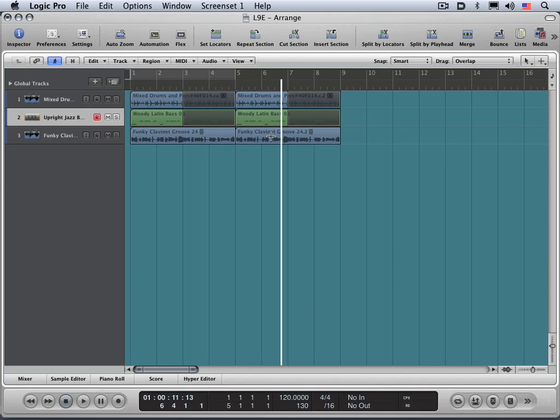Now the marquee tool can be used not only for setting a playback position, but for actually setting a whole range for playback. So if I click and drag with the marquee, I'm going to create a little marquee selection, and now when I hit play, watch what happens. It plays just the selected area and stops automatically at the end. And if I hit play again,